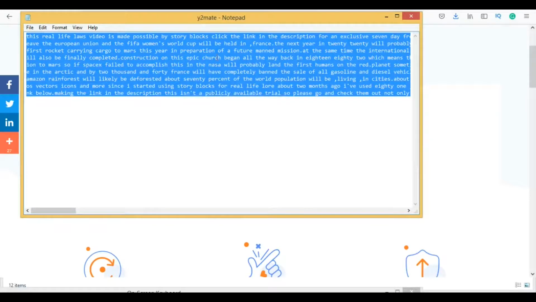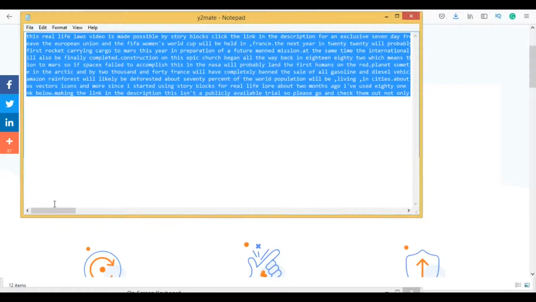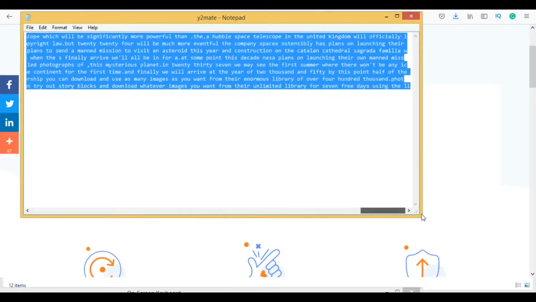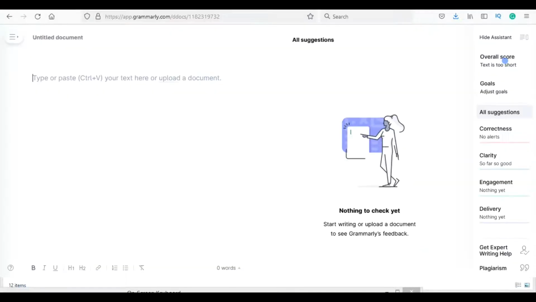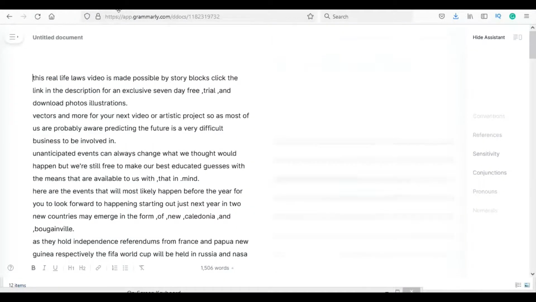Once you convert the audio to text, copy the text and paste it into Grammarly.com for corrections of grammar. Sign up into Grammarly.com using your Gmail account or Facebook, etc. Edit the text by deleting all text related to the YouTuber's channel and his promotions. As you can see, after editing and correcting the grammar,